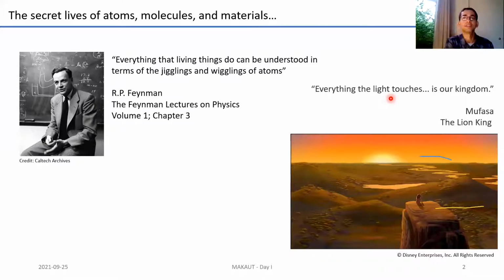And she pointed out that this is valid for all people who practice spectroscopy, because effectively what you do is try to look at things with light, and that may be visible light or other forms of electromagnetic radiation, but light after all. So as practicing spectroscopists, we try to build a bridge here, using light to understand the jiggling and wiggling of atoms to make sense of the world around us.